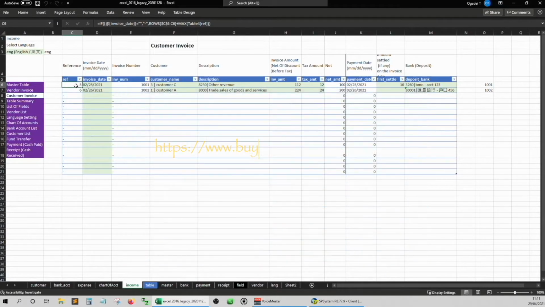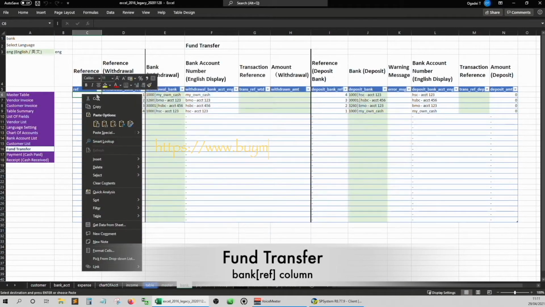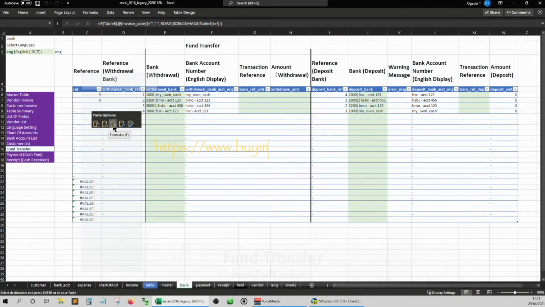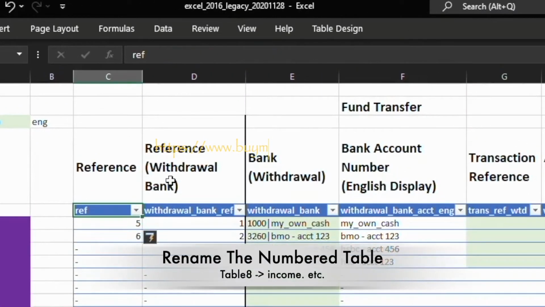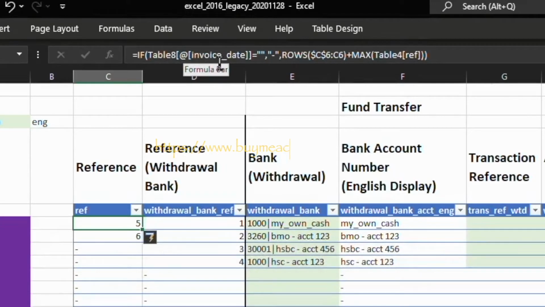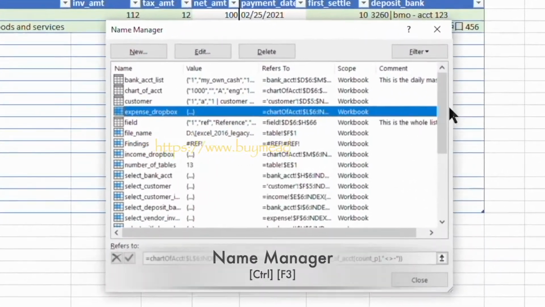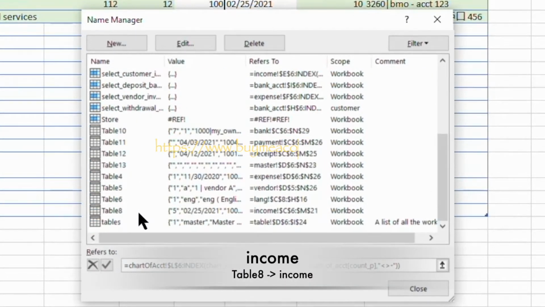Usually I'll just copy the income reference formula and paste that to the next one, which is the fund transfer interface. Here I find that it's easier for me to move on when I rename the expense and income tables. So I go back to the name manager and rename the 5 tables accordingly.